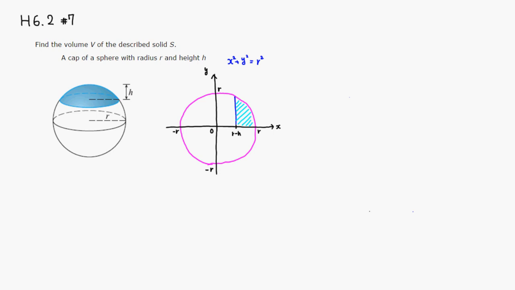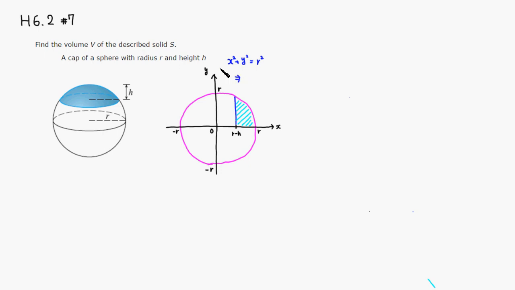disk method. First I'm going to draw a circle with radius r centered at the origin. Then it's going to go from r minus h to r. Then we look at the region under this curve, which is a top semicircle, whose equation we can actually